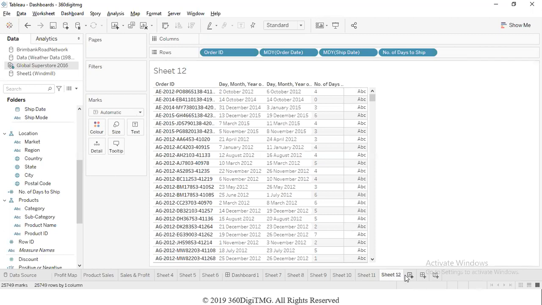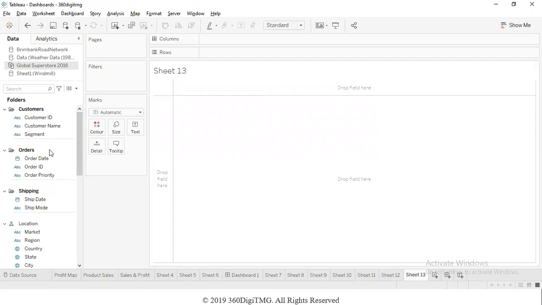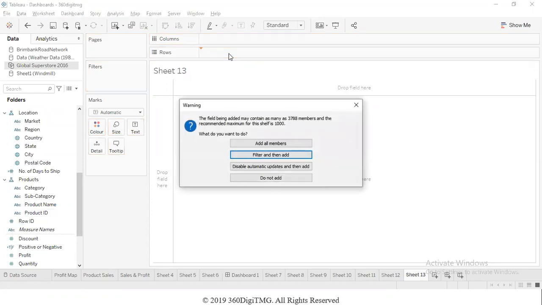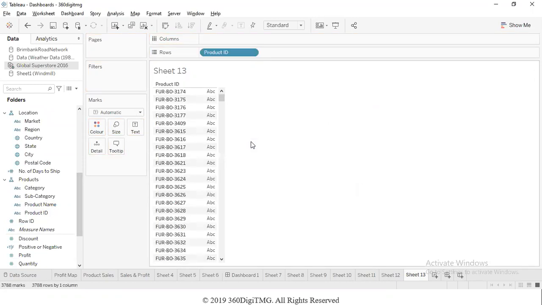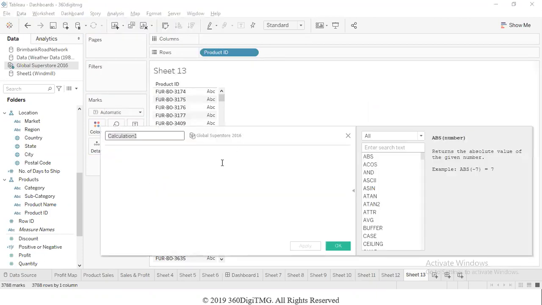Like that, many things. For example, let us say there is some ID given to us and the ID contains both numerical and alphabetical parts. Alphanumerical IDs are given and we have been asked to take only the numerical part of it. So let's say the last 4 digits over here. Then also we can use some calculated fields and trim only the part of the field that we need.